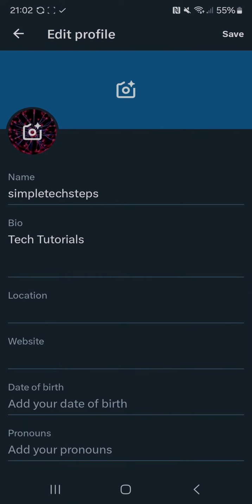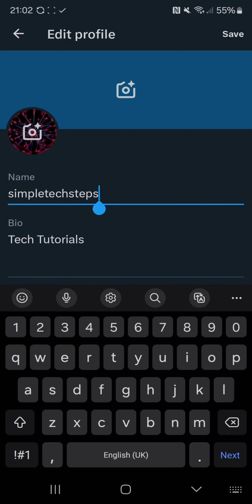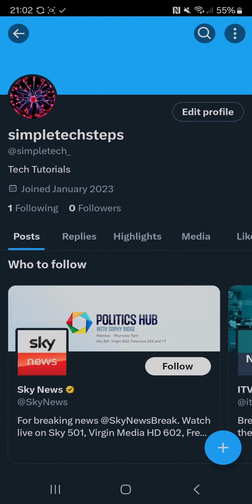This will only allow you to change your actual name, so you can have that as anything you want. And when you're happy with that, select save. But if you want to change your username,